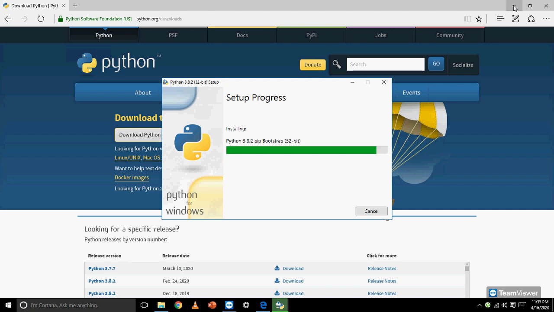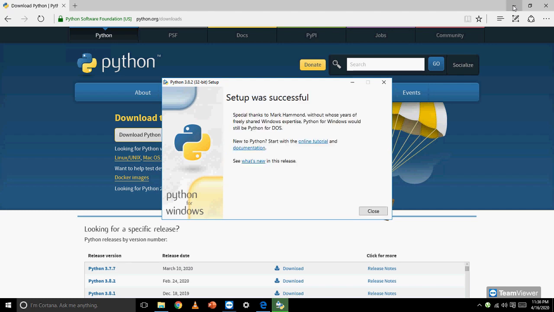It will not be taking a very long time for this to complete, so we can just wait here. So the installation has completed. Now I can close it.